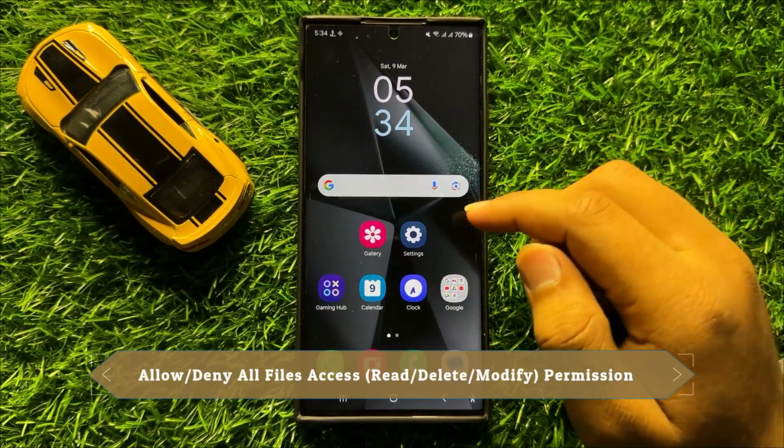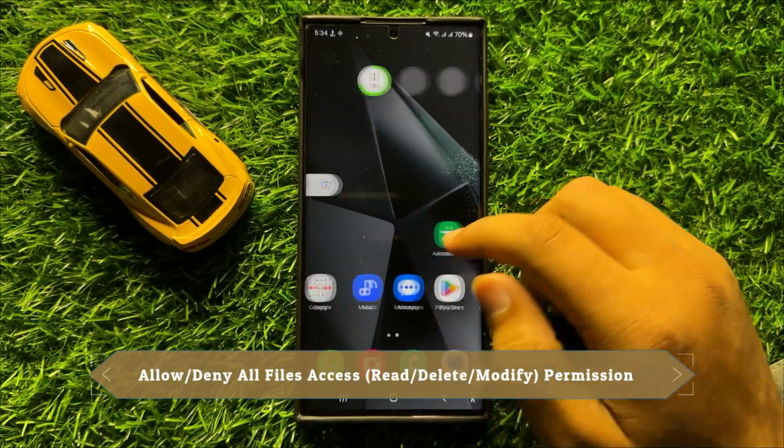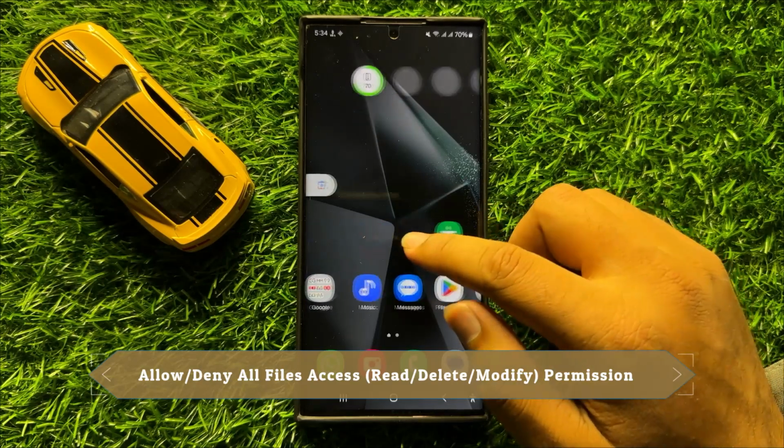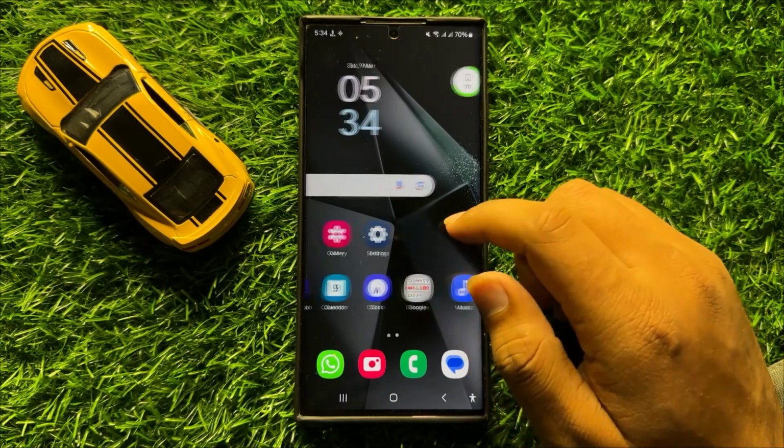Hello everyone, in this video I will show you how to allow or deny all files access permission in Samsung